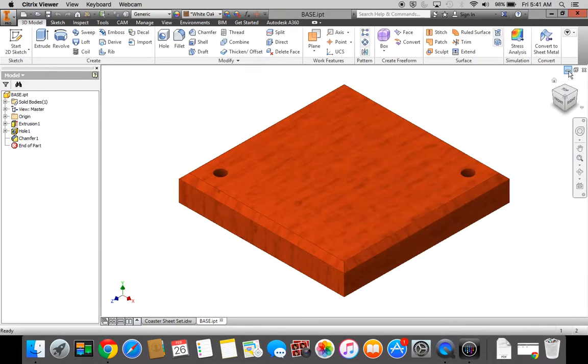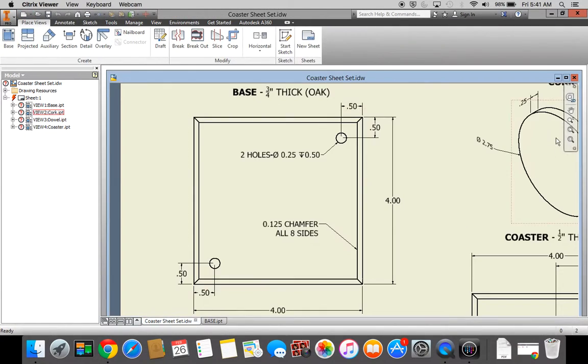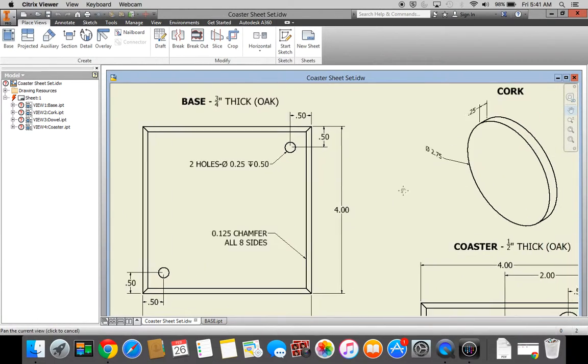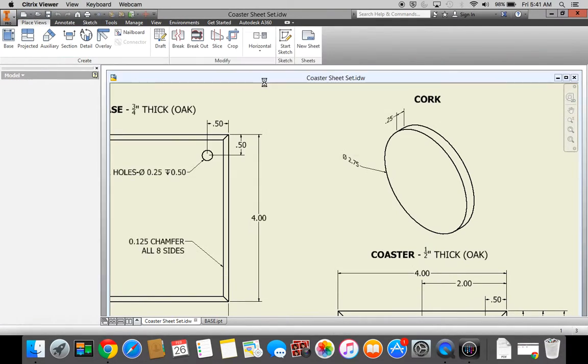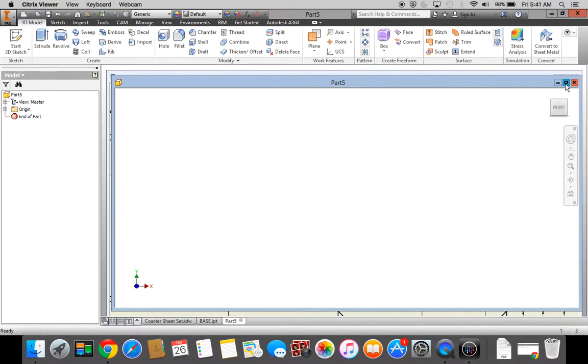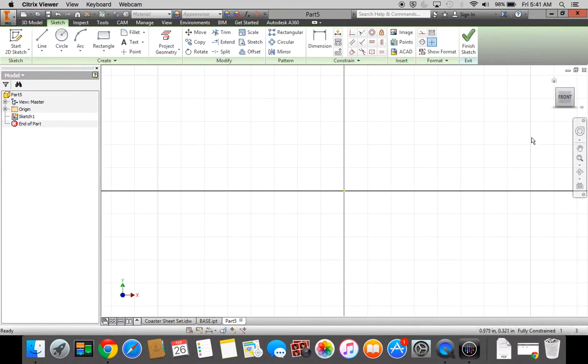That part's done. I'm going to minimize it. I'm going to go next for my cork disc. 0.275 inch diameter circle, and it's extruded back 0.25. Let's begin. New, standard IPT, 2D sketch, XY plane. I'm going to begin with a circle, starting in the origin when I get my green dot,